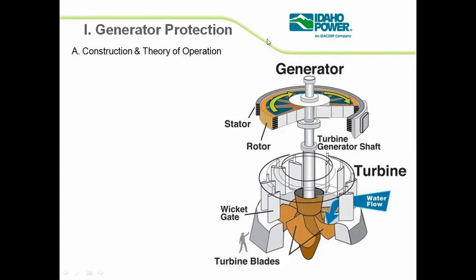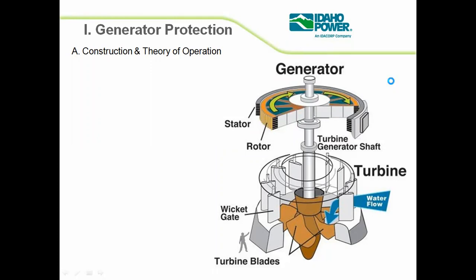And when a fault occurs on the generator, and if you do not remove that fault, the magnitude of the fault, if you do not know it, the generator will get damaged. So in order to protect the generator from faults, we have to adopt certain protection devices, and those devices are called generator protection devices.